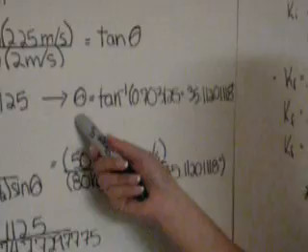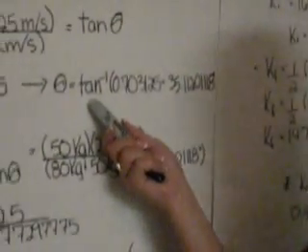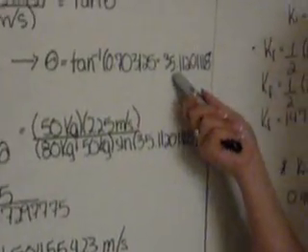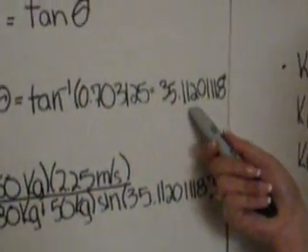To find theta, we get the inverse of tan, and so we get the angle 35.1120118 degrees, which is the direction of the new